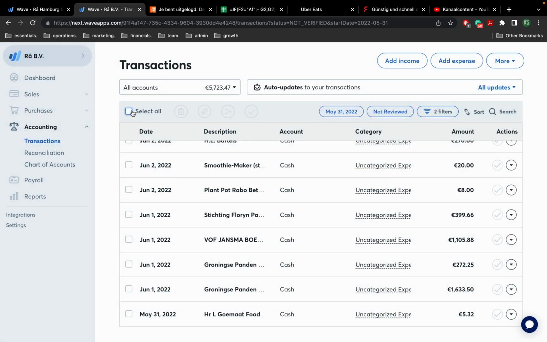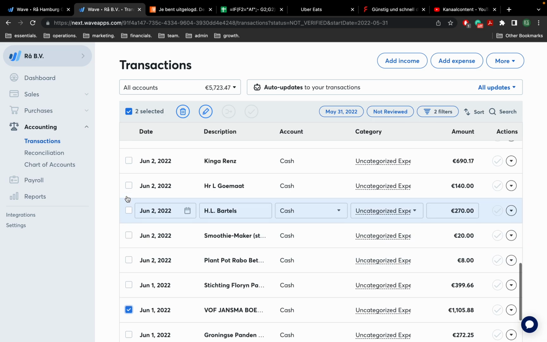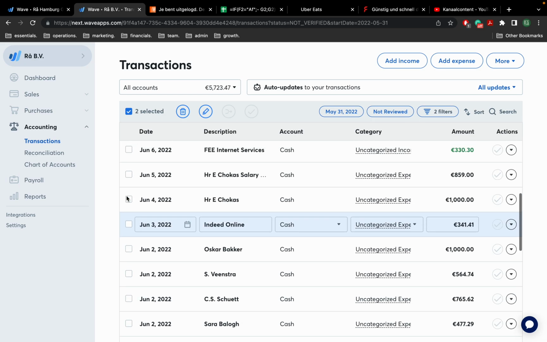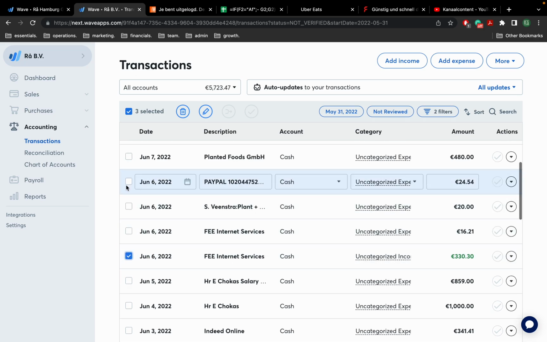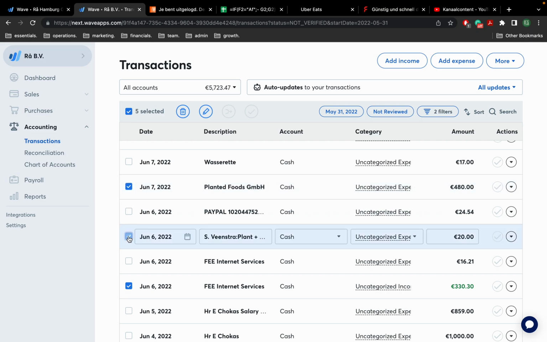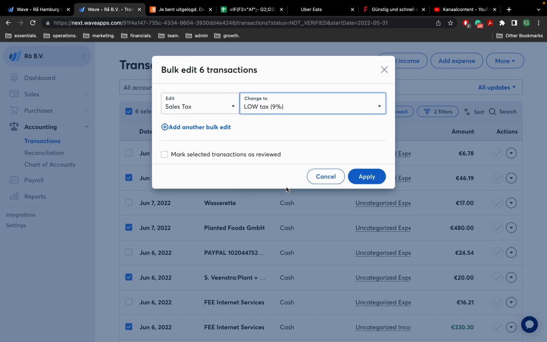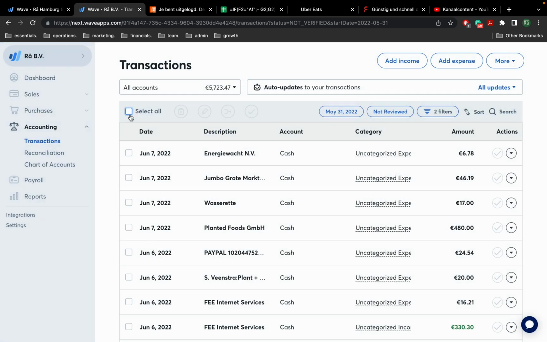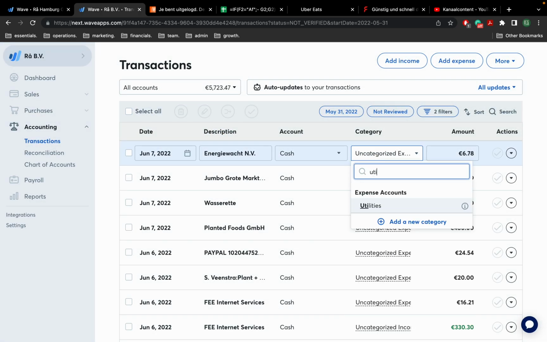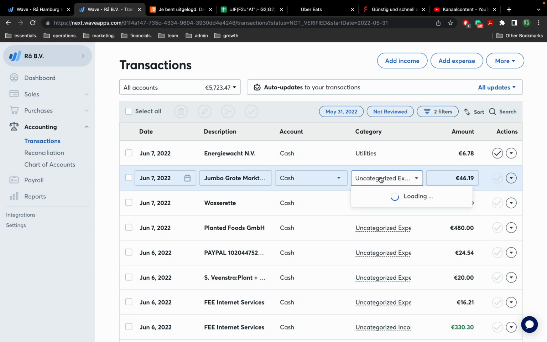So this way I already have the taxes. Then I select all the low tax things, food, sales, food, plant, food, sales tax low, apply. So I applied all the taxes for these ones, but I didn't do the category. So right here I'm just gonna go through all of them. I'm not doing the bulk thing because there's so many different ones that it's kind of not worth it